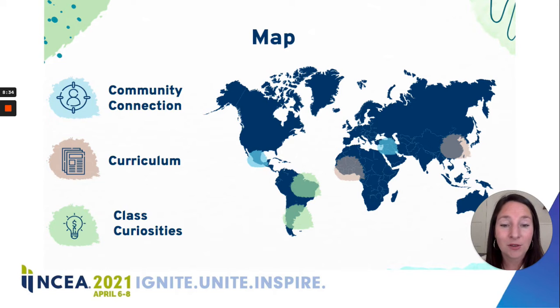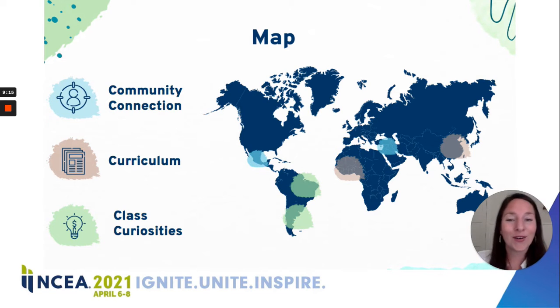So the first is community connection. And our community is lucky enough to have people from all over the world. We have a lot of both students and staff who are from Mexico and have been to school systems in Mexico. And so it would be really great to connect with our community members there. If they want to share, it's worth checking in. We also have a staff member from Syria, and so she has a really different experience, but we've also found that there's a lot of similarities. So pulling on those community connections, especially if you kind of want to highlight the diversity that your community has, can be a really great way to choose the 3 countries that you're going to be studying throughout this unit.